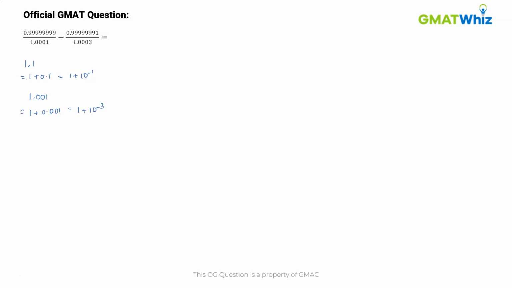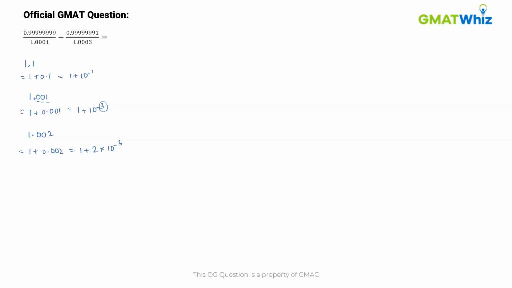Now, you may have noticed that the power on 10 is equivalent to the number of digits after the decimal place. So, we can say that the power on the exponent will be equal to the number of digits after the decimal. Again, suppose we have the decimal 1.002. We can write this as 1 plus 0.002, which can be written as 1 plus 2 times 10 to the